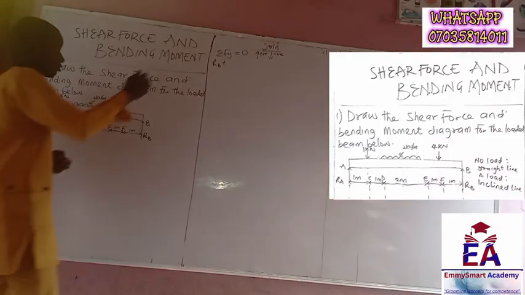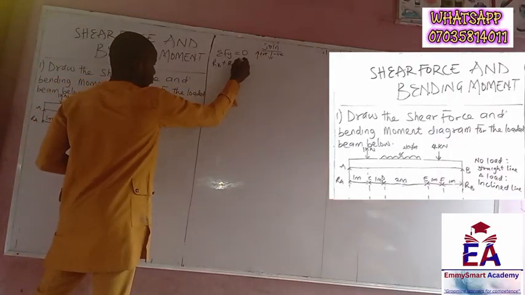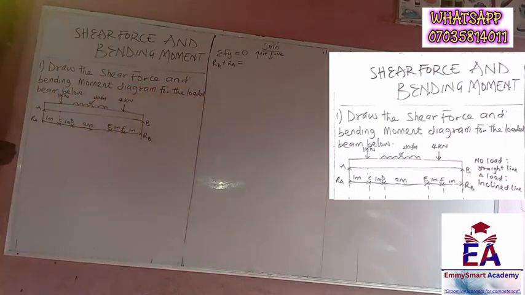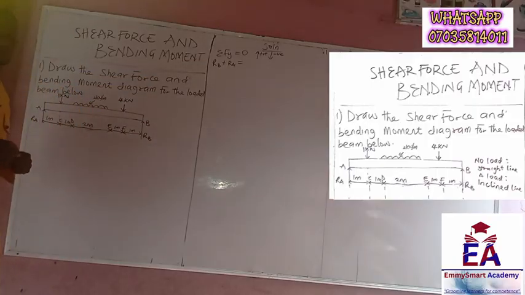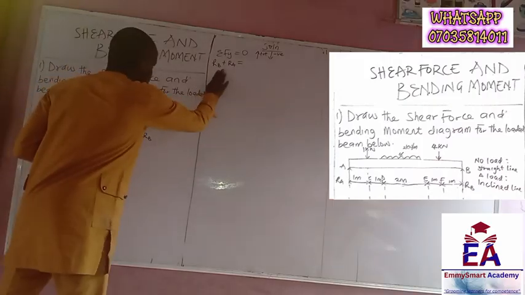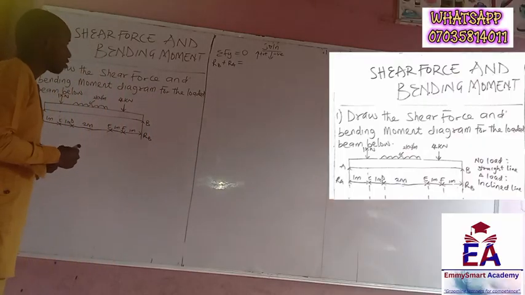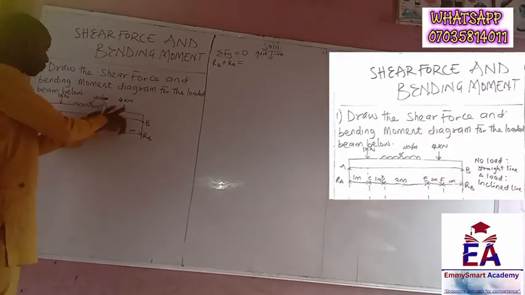we also have reaction at A. So remember, we must also take note that the sum of upward forces is equal to the sum of downward forces. For the sum of all the forces to be equal to 0, it means that the upward forces must equal the downward forces. So if you move this other one to the other side, basically you have 0 as your answer. Okay, now then R_B plus R_A is equal to